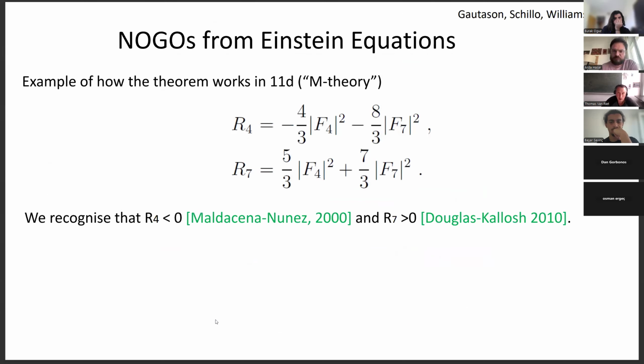All right. So the general no-go from the Einstein equations can be found in this paper I quoted before. It's already from 2015. I just want to give you the flavor because it's such a trivial computation. You can give it to anybody who knows basic GR, okay? And so I'm going to do this in the context of 11-dimensional supergravity. So 11-dimensional supergravity is essentially the Einstein-Hilbert term and one of these flux fields. And this flux field has 4 legs. It's called an F4 flux.